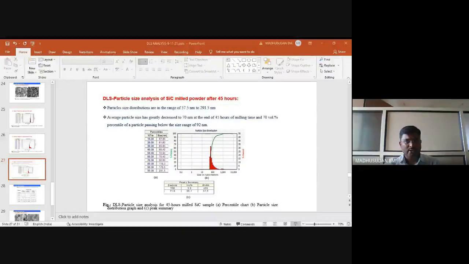You can identify the smallest circle here. Apart from that, you can identify one more circle here in the middle, one more circle here, and another outer circle. Likewise, the different ring patterns indicate that the sample has different particle sizes, a range of particles. At the 100 nanometer magnification level, the particle size range is less than 100 nanometer. So that is what we obtained at the end of the test results.